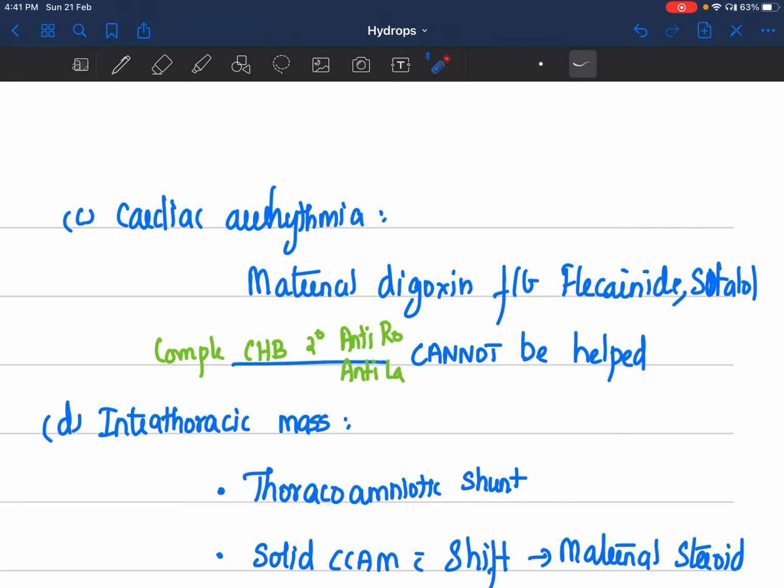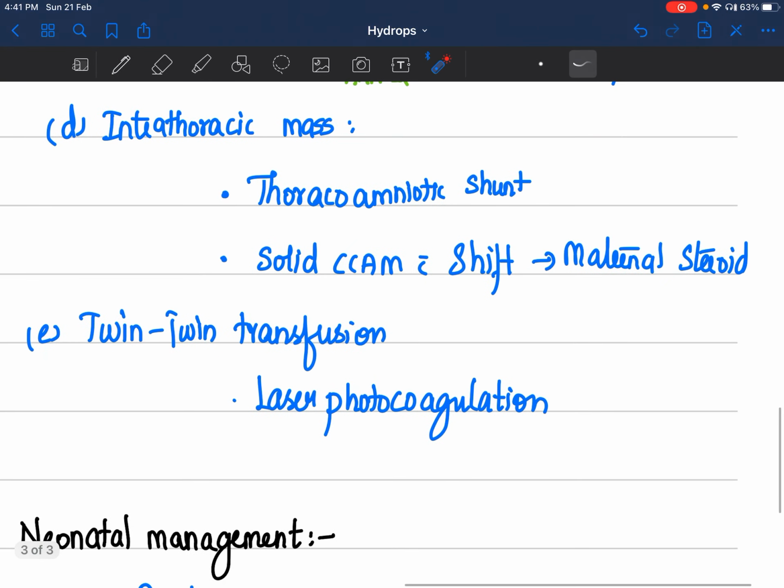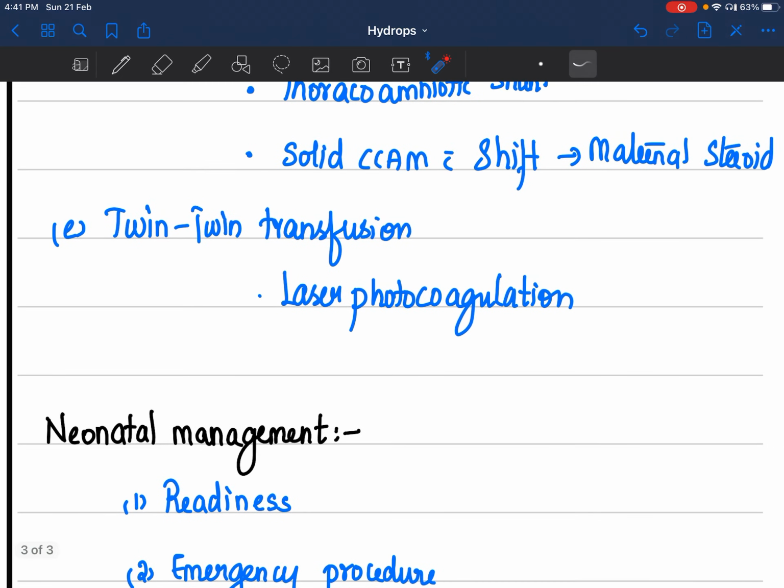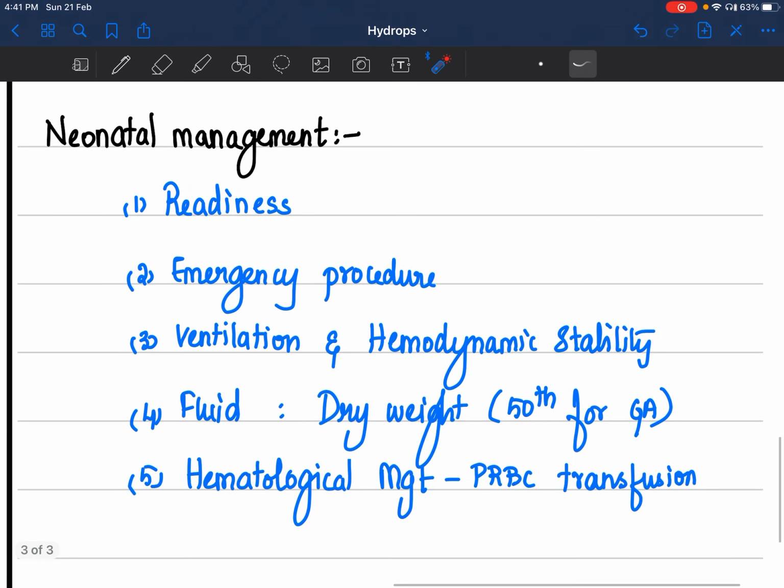Okay, right. Then if it's an intrathoracic mass, then thoracoamniotic shunt or fetal surgery can be done. If there's a mediastinal shift, then maternal steroids have been shown to shrink the size of the mass, relieving the intrathoracic pressure. For twin transfusion, laser photocoagulation can be done. Neonatal management basically is